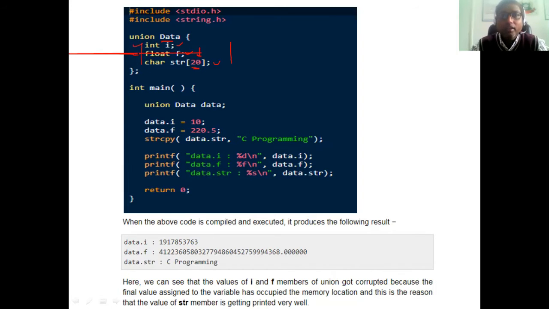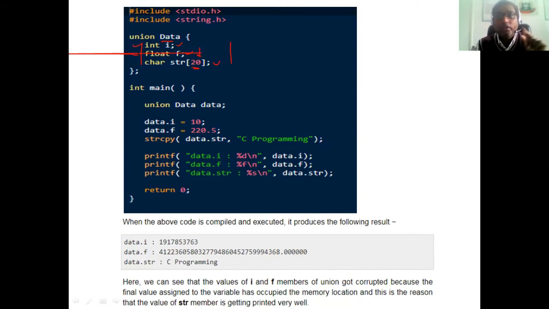It means that in a union we allocate the memory for the member which requires more memory space. Once we allocate the memory, the same memory will be reutilized, or shared, by the other members also. Okay, so that is a major difference between the union and the structure. In structure, a separate memory location is allocated for every member variable, but in case of a union, the memory will be in a shared format.